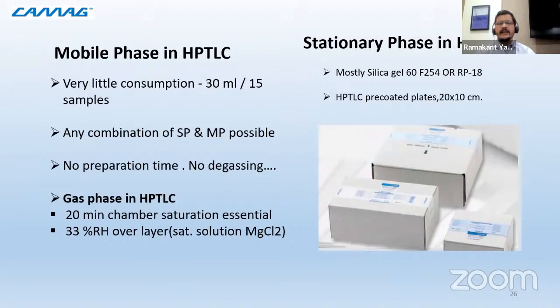You can dry the plate and keep that plate into any mobile phase having mid-polar, polar or non-polar properties, and develop the plate up to a suitable distance. And you can see the separation pattern. If you are okay with the separation, then you can optimize that mobile phase, further fine tuning, and you can develop one method. So that is very easy in HPTLC. Only 30 milliliters of solvent is required for a 15 sample analysis.